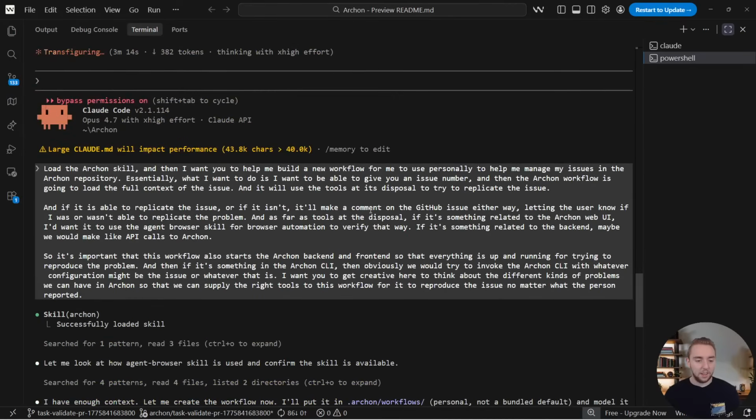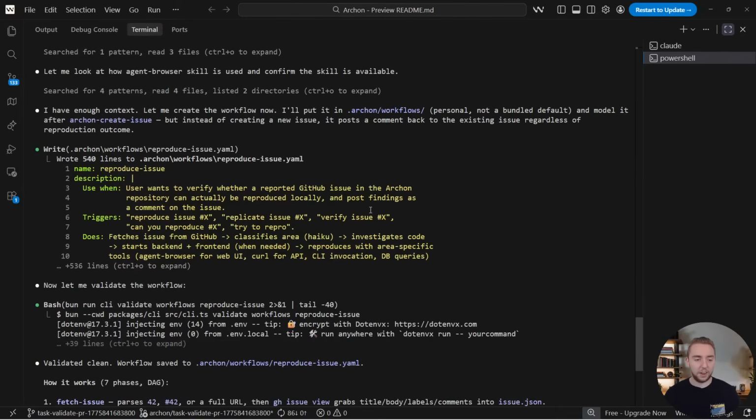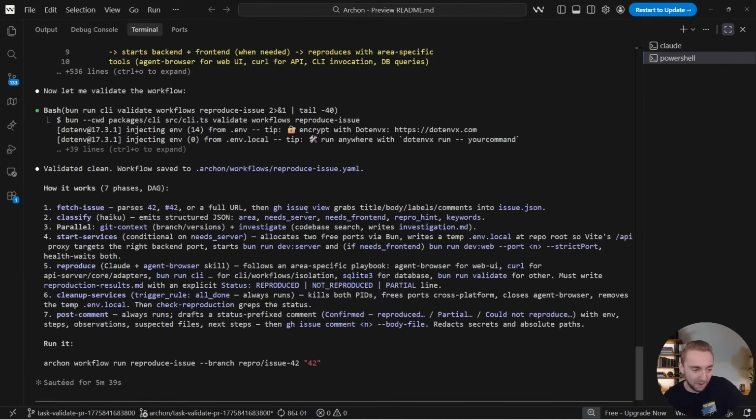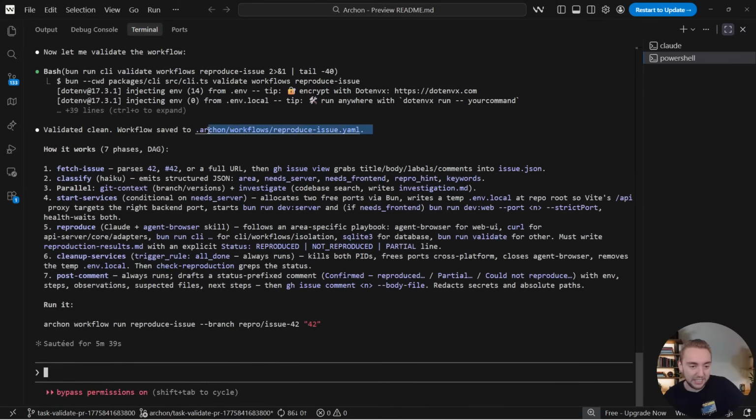So, okay. Wow, it actually already built the workflow. I was going to maybe go through a bit of a planning process with it, like I was just saying, but I guess I just kind of decided to rip through it. But anyway, we can take a look at this.